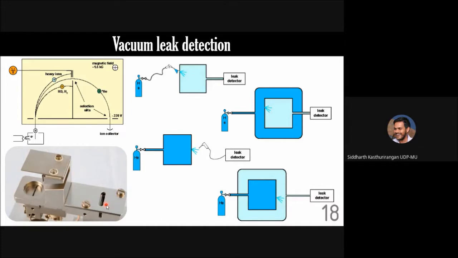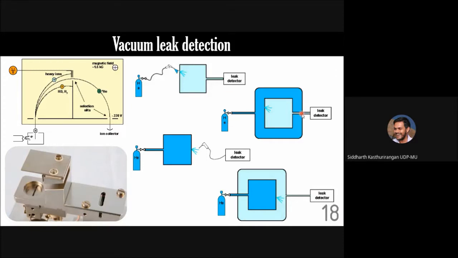And if you spray it at point A and the leak is at point B, it will take some time for the helium to diffuse from here to there, and suddenly it will start showing that there is a leak. But it will not be at the point where you are spraying helium, but it will be at some other point. So you have to do this very, very carefully. But one can detect the leak easily. This is a standard method, helium based leak detector.